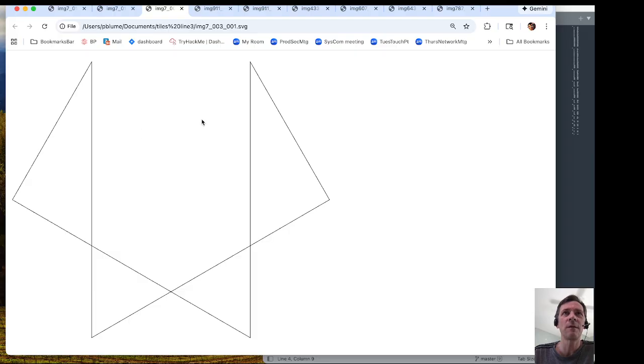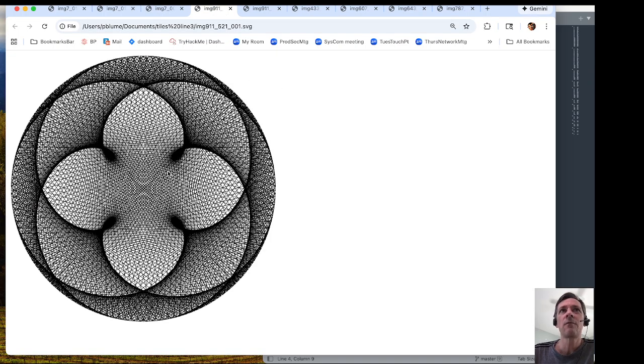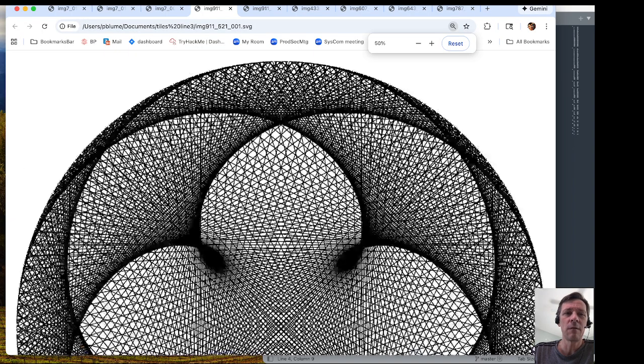Here it's a little easier to see. I've made the lines a little thicker. This is not how I'm going to generally represent things, because as these polygons get more complex, it's going to be very hard to see what's going on. So this one has 6 vertices. This one has 910 vertices. You can sort of see what's going on, but if you zoom in here,